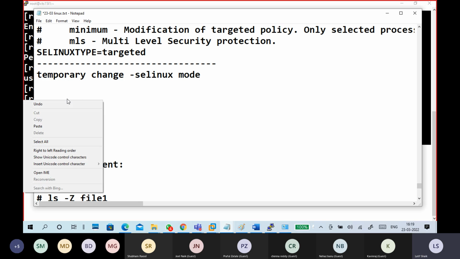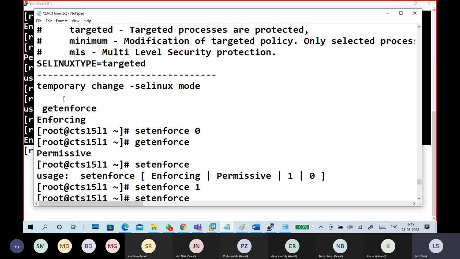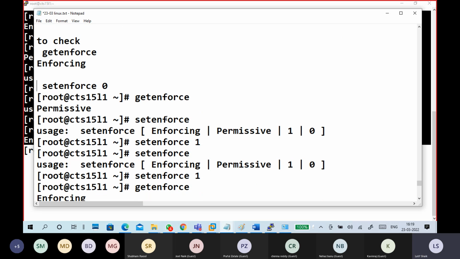Okay. So this is to check it, getenforce. Check, getenforce. To change, setenforce.